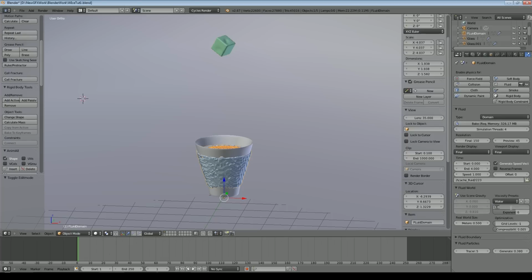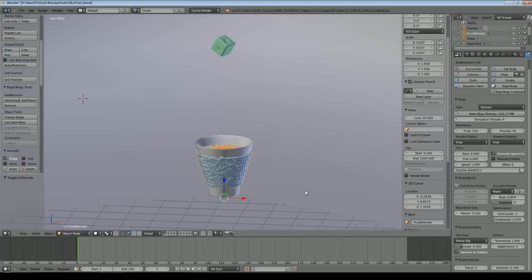Let's try 0.85. Not necessarily realistic, but again, this is all about a particular look that you're trying to achieve rather than absolute realism. We need to come down to fluid boundary, because if we want tracer particles and little dots and bubbles and whatnot, we need to change some of the settings here. So we'll take away remove air bubbles and we'll include one subdivision. Now don't put too many on here, because this will significantly increase the render time.